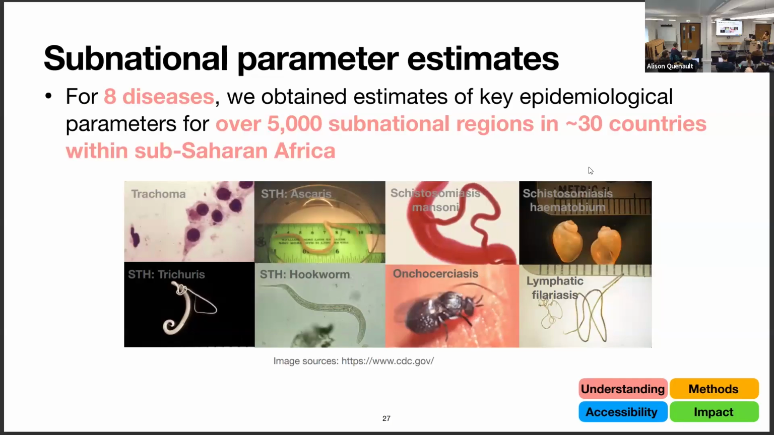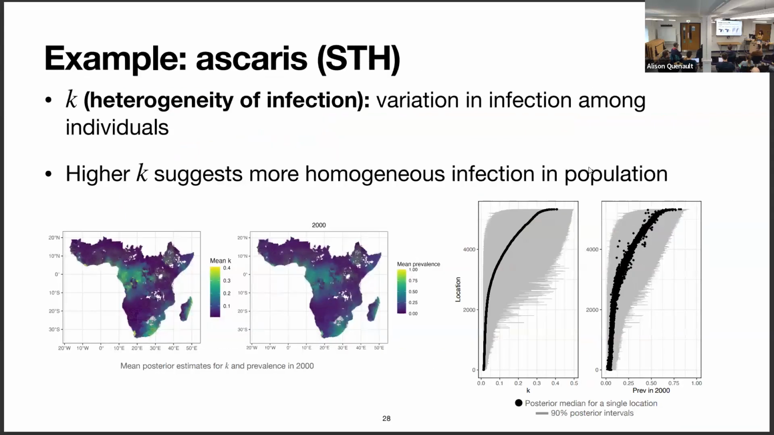But overall, for all of the 8 diseases, we were looking at different epidemiological parameters, and it ends up being over 5,000 regions across sub-Saharan Africa. And so we're able to obtain these different model parameters for each of these regions. I don't go into all of the results, but this is just an example of what we might see. So for this K parameter, this heterogeneity that we spoke about earlier,